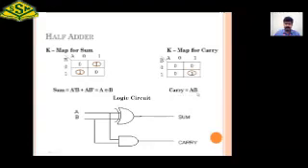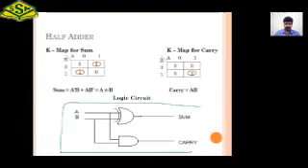Based on these expressions, we are creating a logic circuit that has been shown in the slide. This is a logic circuit for a half adder circuit. As we all know, the sum is A XOR B. This has been implemented by this XOR gate, and carry is equal to A dot B. That has been implemented by this AND gate. This is how we create a combinational circuit. This is the procedural flow of creation of a combinational circuit.